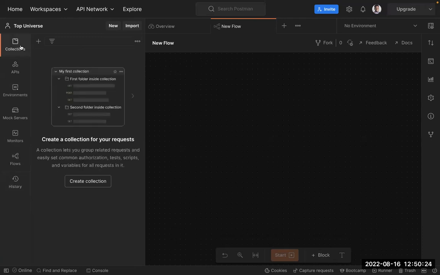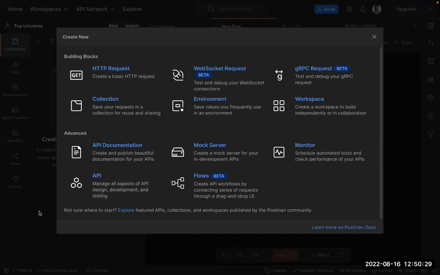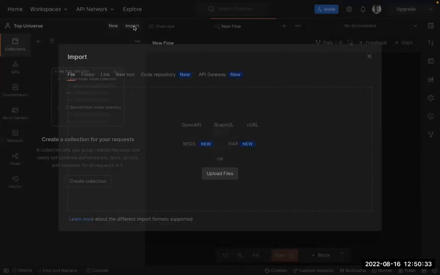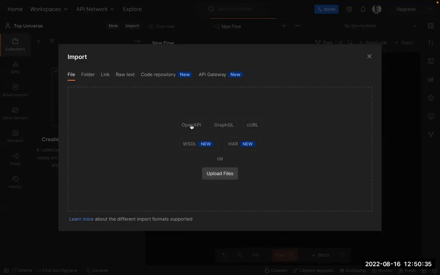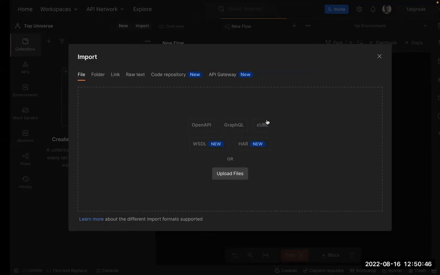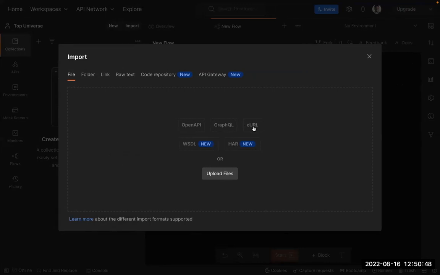So let's come back to collection now. I have explained what you have here, right? And the next thing you might want to do most times is import. So let's say you have an API somewhere else. You can import it in here. It can be an OpenAPI spec, a GraphQL spec, even down to, I call it curl, which is basically the kind of request you do directly from the terminal using Bash at times. So we are not going to go into that, but you can import APIs into Postman